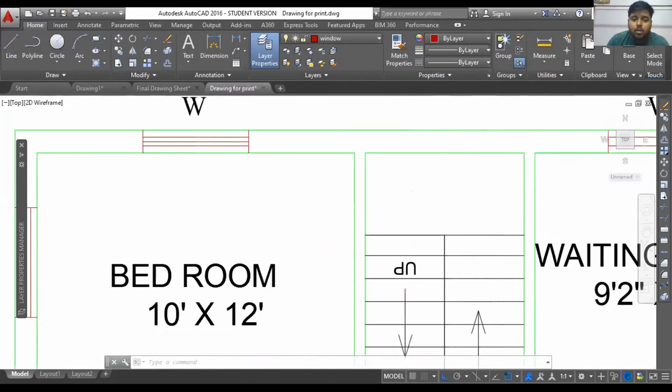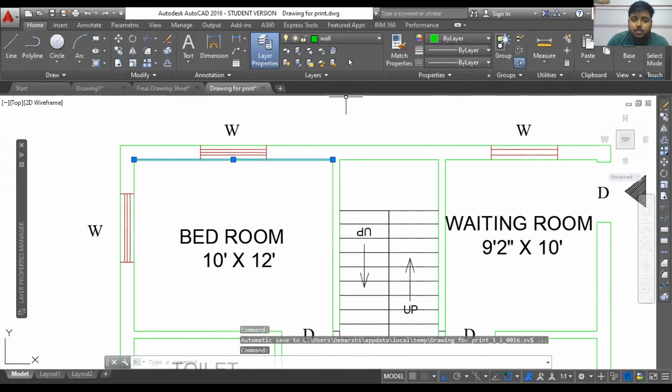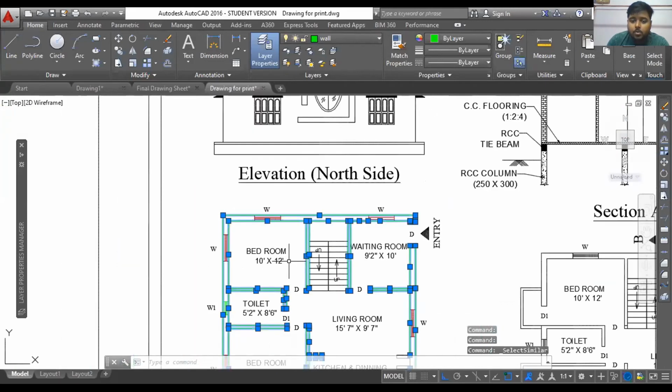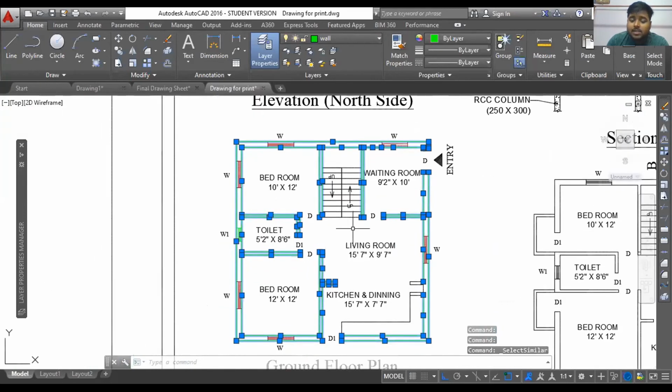Now I can simply select a line which comes under the wall layer, right click on it and click on select similar. It will select all the similar lines that come under that same layer. So that is one more advantage of drafting within layers. Now you can easily see that within 2 seconds I selected all the lines.